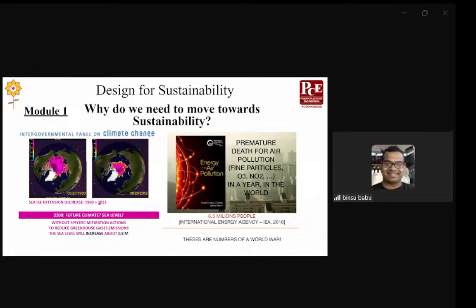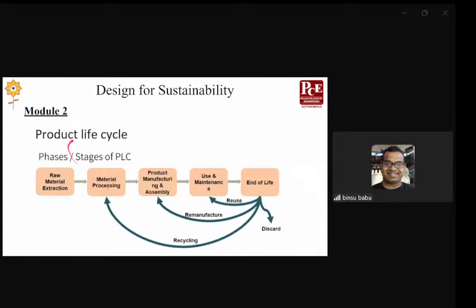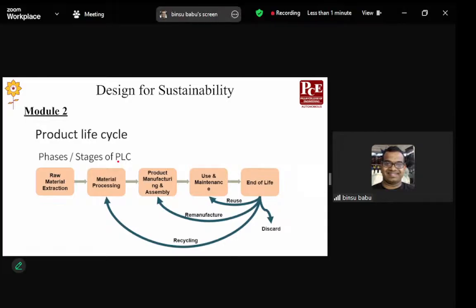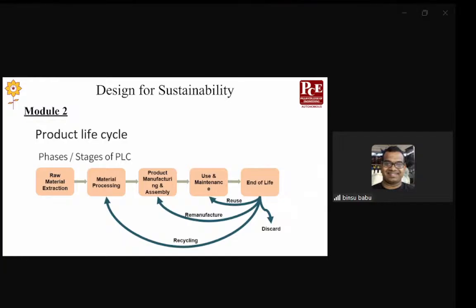Okay. Going on to the next, in module 2 we are going to discuss the product life cycle. I don't know whether you know this concept, so I will give a brief example with respect to your phone itself. All of you have your own mobile phone, right? There are different phases in which